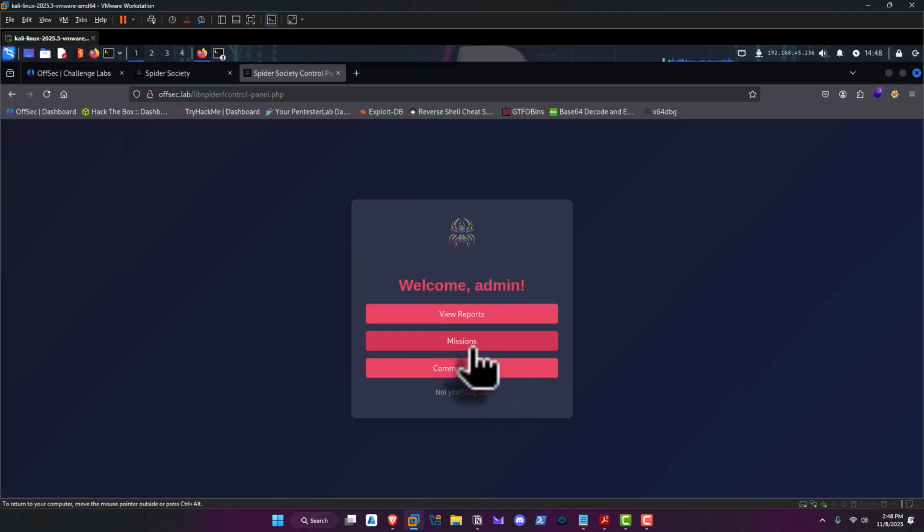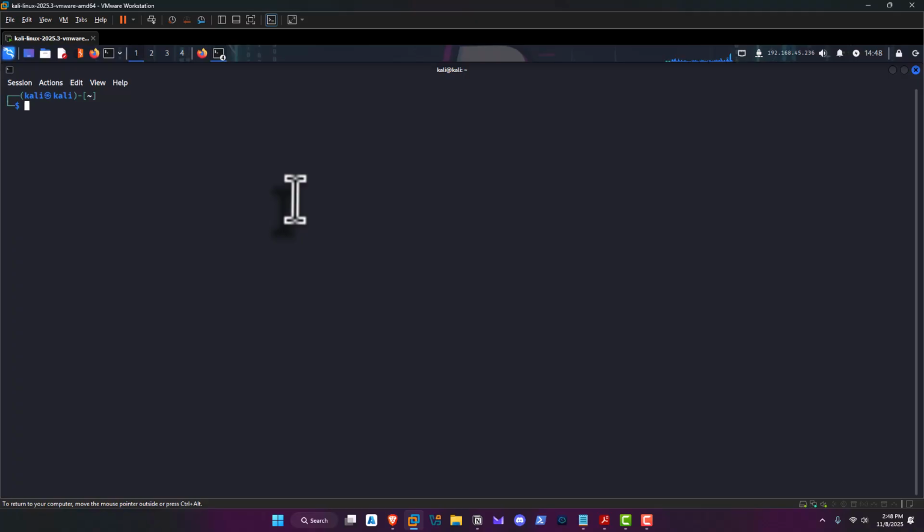So now that we have those credentials, what we're going to do is open a new window and FTP to offsec.lab. Now don't forget, you have to specify port 2121 because it is a non-standard port. Excuse me. So you do that with the -P and then the 2121 after FTP offsec.lab. Okay? So if we hit enter,